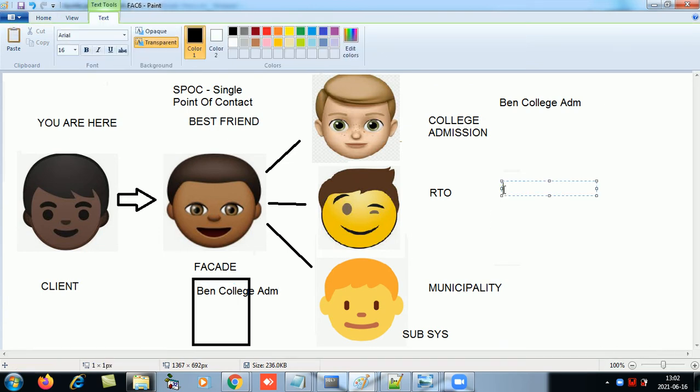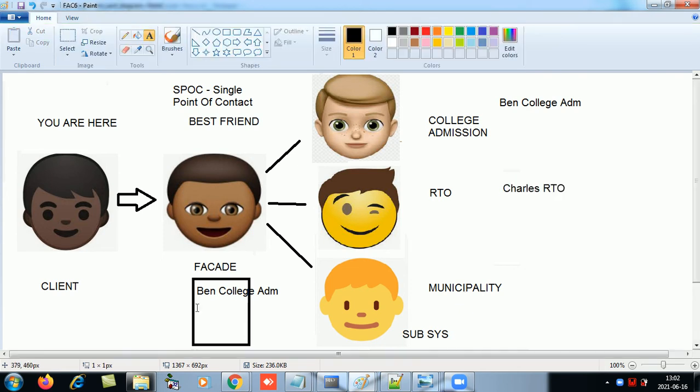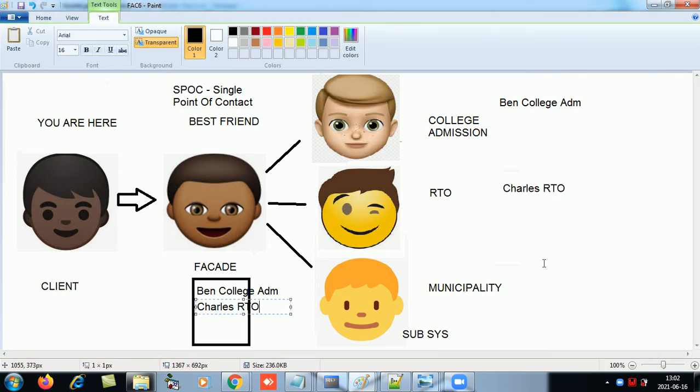Okay, then let's say this is Charles, RTO, so his contact details will be there, and if this is John, municipality, so his details